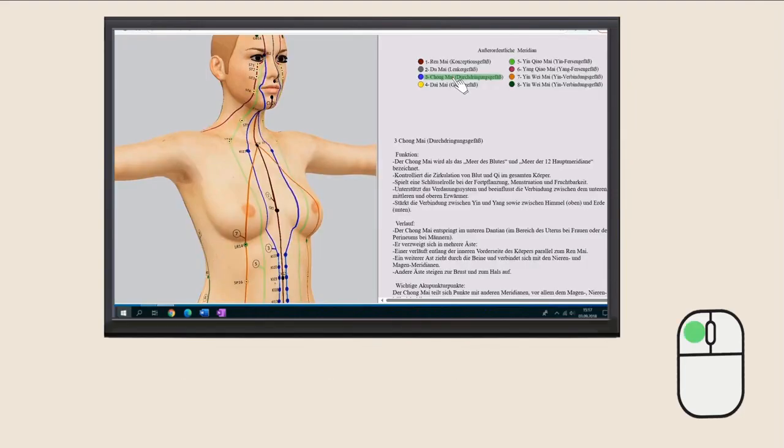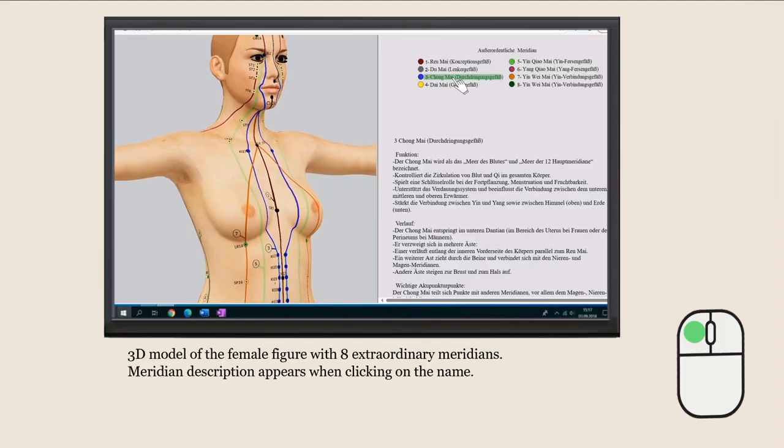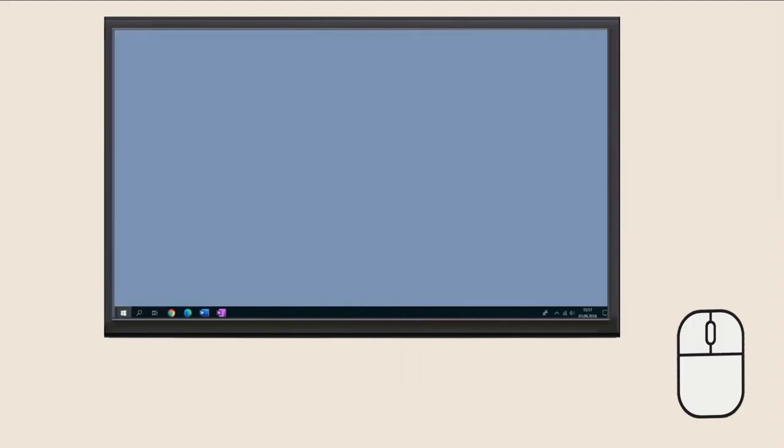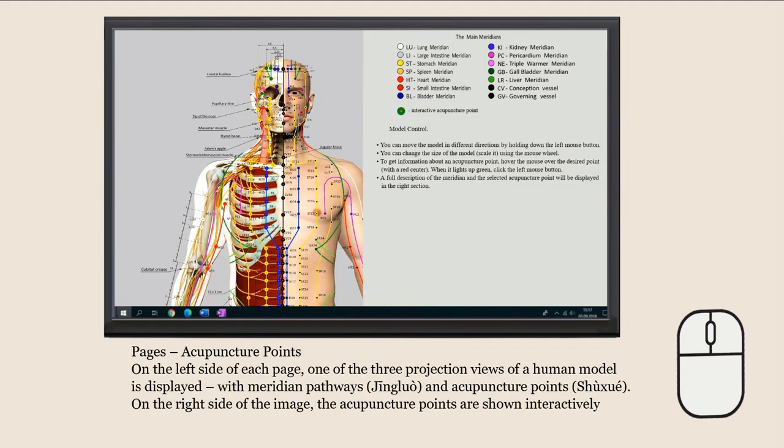3D model of the female figure with 8 extraordinary meridians. Meridian description appears when clicking on the name. Pages, acupuncture points. On the left side of each page, one of the 3 projection views of a human model